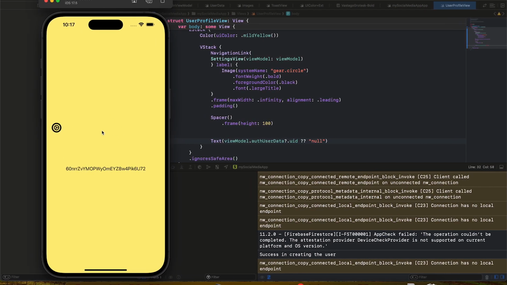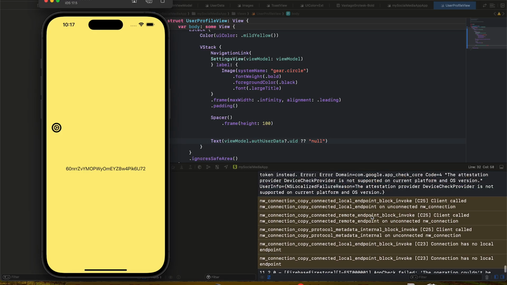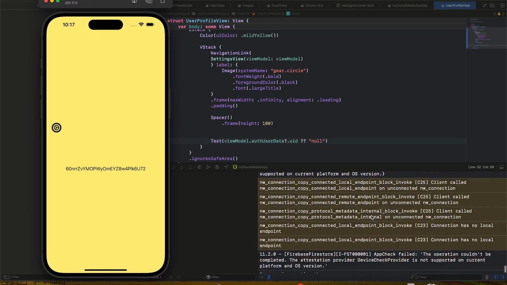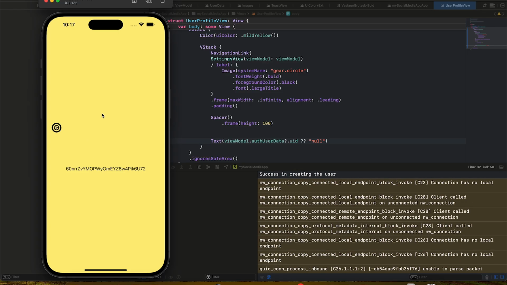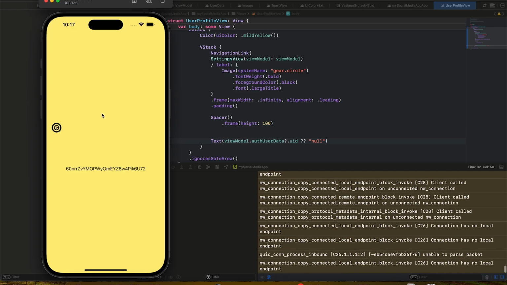And now that we have done this much, success in creating the user. So good for us. Now we could actually start building the UI a bit to make this look more presentable, and then we can move on to adding the other